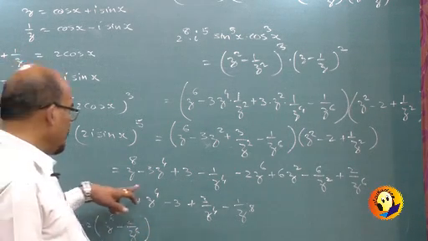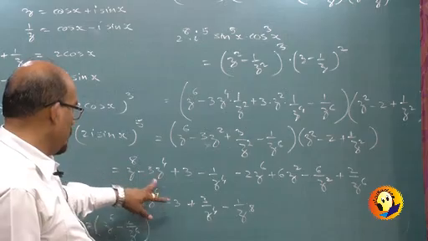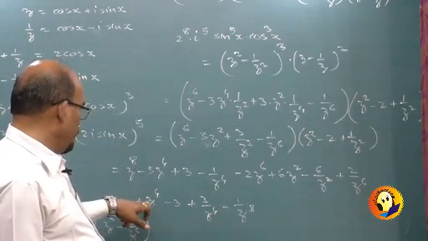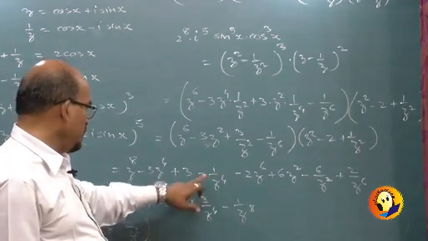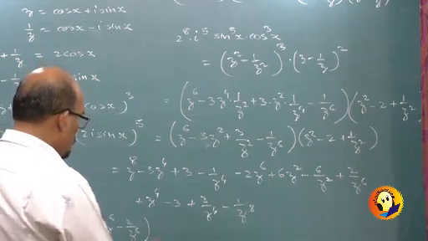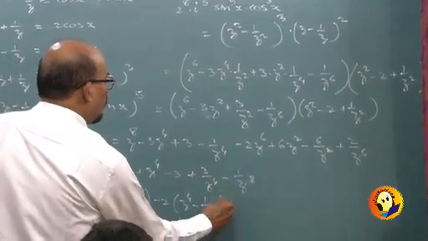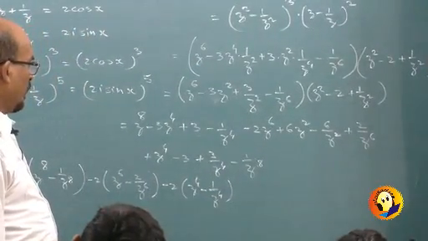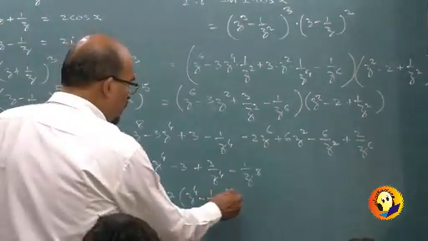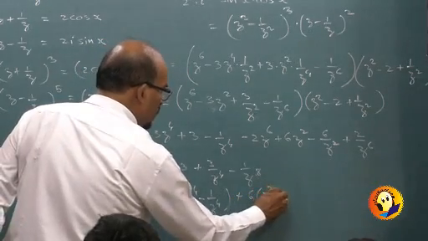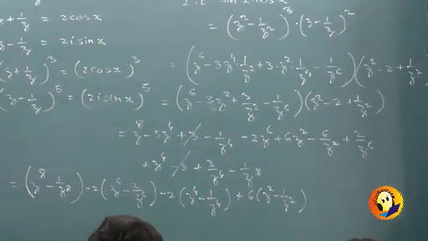Now for z raised to 4, what is the coefficient? We have z raised to 4 minus this. How much is that? This and this is -2 and this is +2. So I can take -2 into bracket z raised to 4 plus 1 upon z raised to 4. And for z square we have these two terms only. So it will be plus 6 into bracket z square minus 1 upon z square, and 3 cancels, which is simply